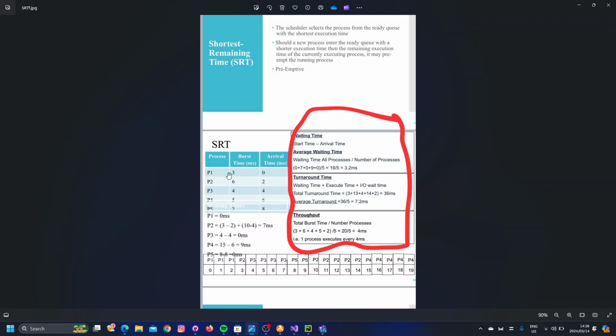So what does this actually mean? It means that, for example, here, as you can see, we have processes. We have five processes, but the CPU is not going to execute all of them sequentially, meaning P1, P2, P3, P4. The method that it's going to use is to do the shortest one first. So what am I trying to say? If you look down on this table that we have here,